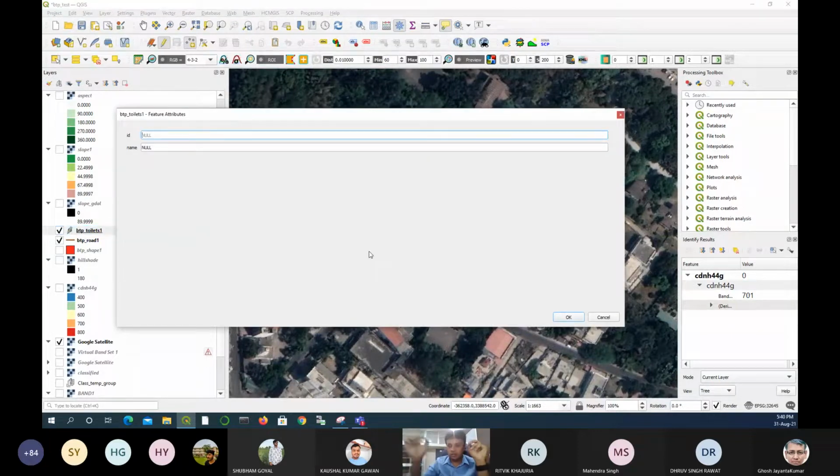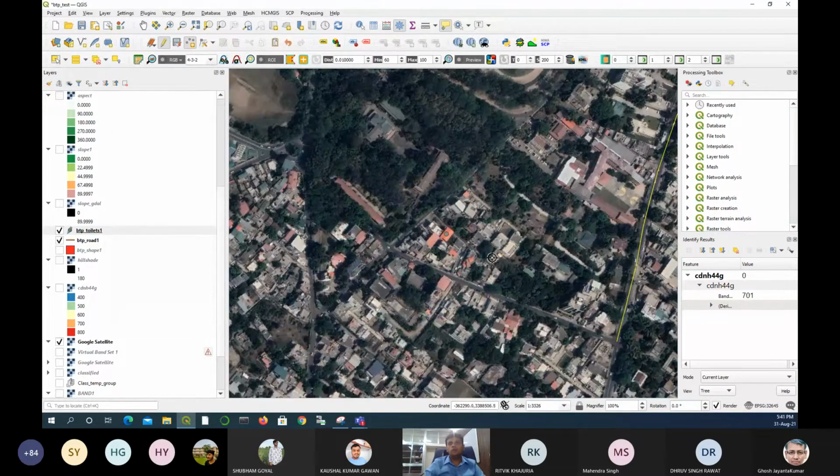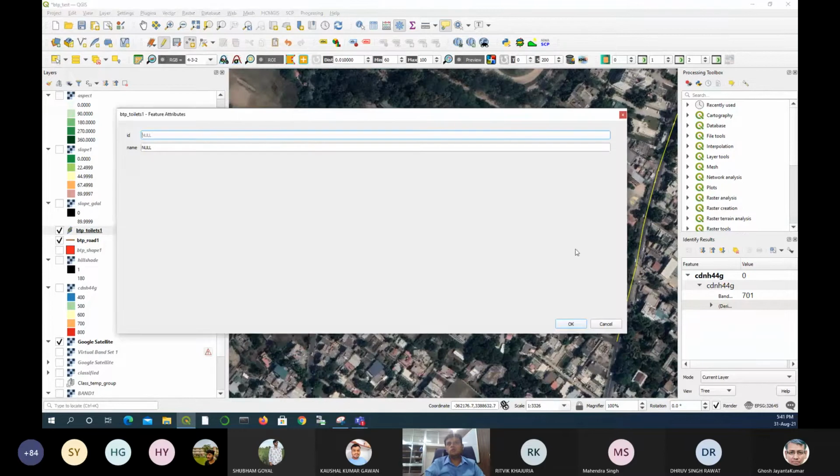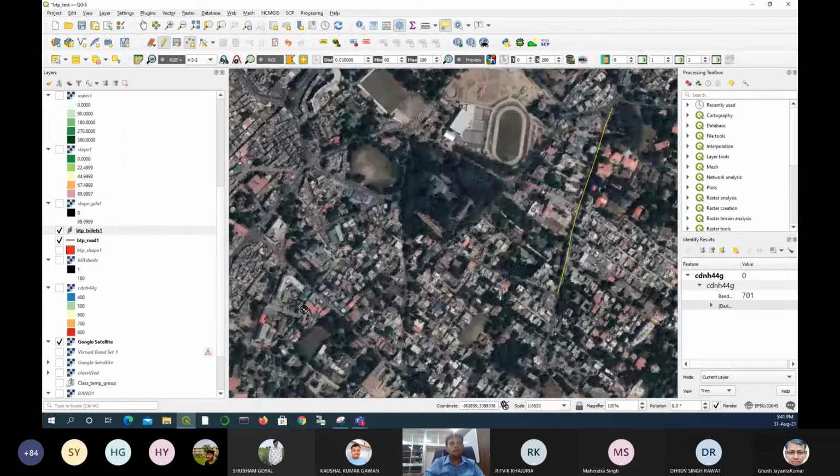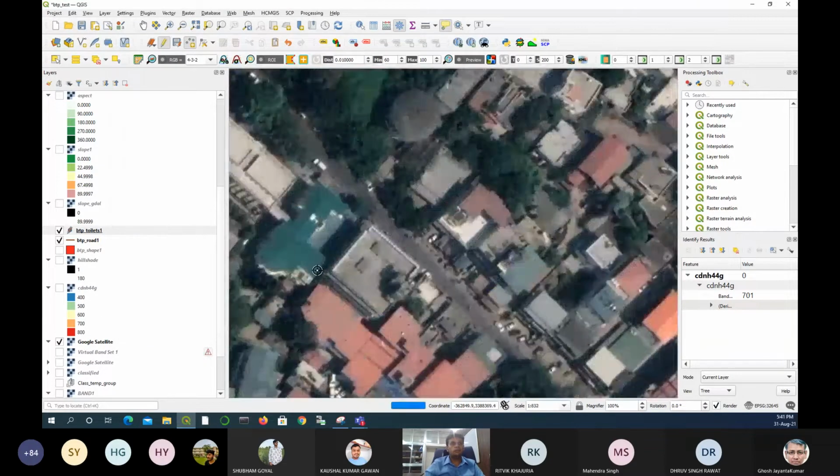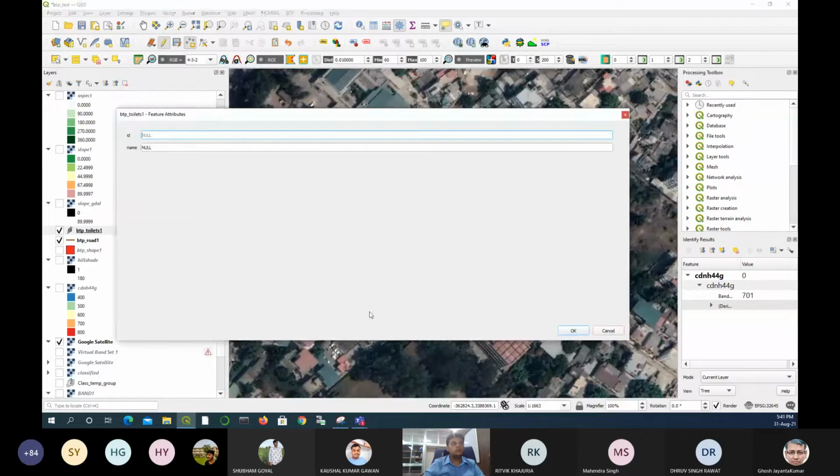Because this is one-point information, you simply click, ID 1, toilet 1. Now maybe this is also toilet number 2. Maybe this is toilet 3.